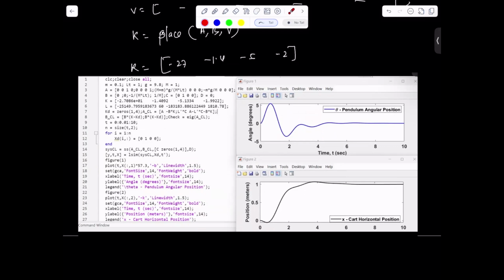So this is what we have. We have designed the compensator for the pendulum system. Now we are going to apply the same concept to the aircraft system, and we'll see how the defined states in the aircraft can be controlled using a compensator. So let's stop it here. We'll continue in the next lecture. Thank you.